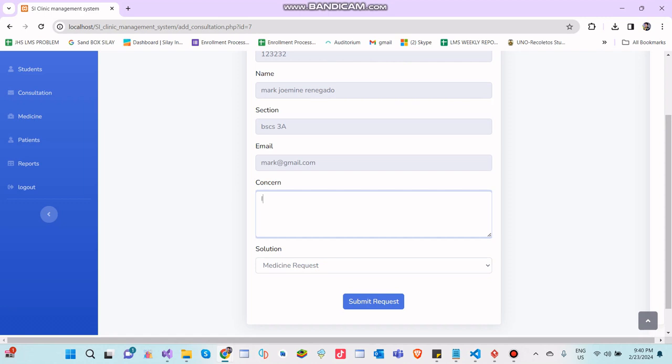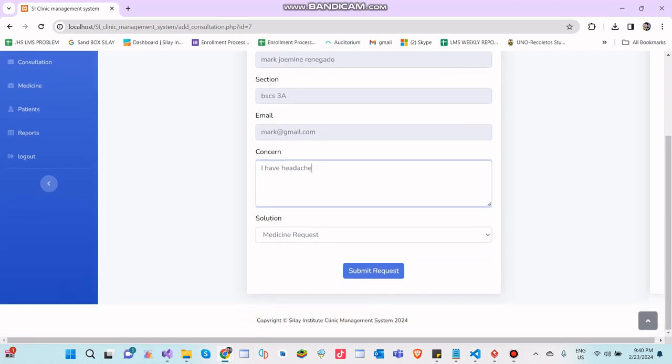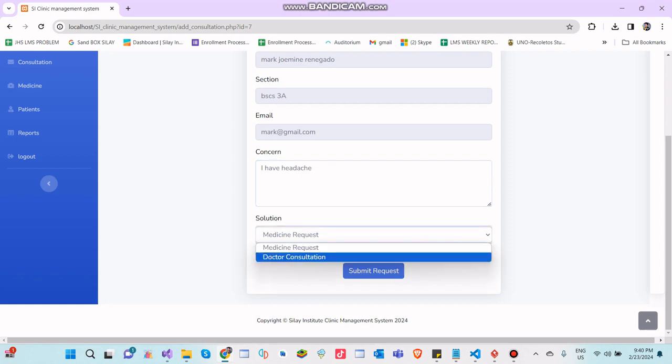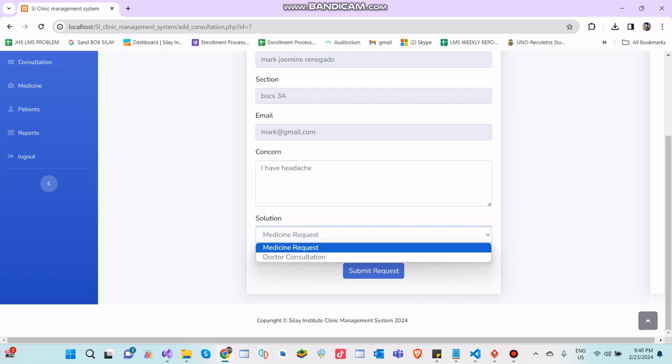Let's say I have a headache. So now that I have a headache, what is the solution? For example, the clinic asks me, do you want a medicine or do you want a doctor consultation? So if we press the medicine request,